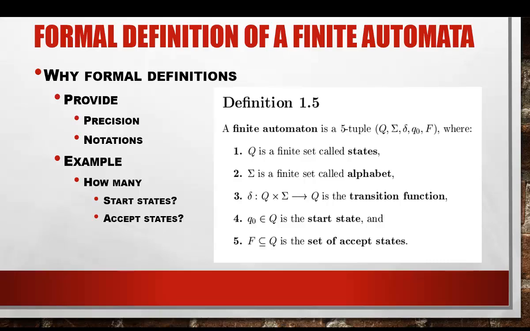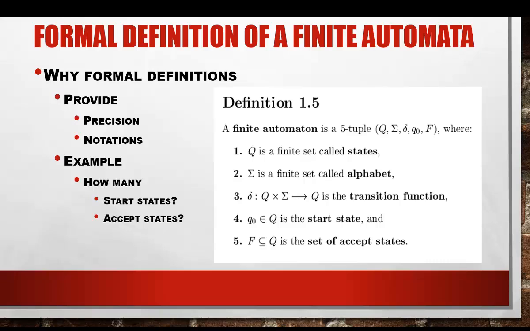So if we count the things that are needed to define a finite automata, we see that we need a finite set of states. We need a finite set of input symbols that we can process. We need a set of rules that dictates the transitions between states upon encountering a symbol from the input. We need to have a state to start in, and we need a set of states that we can tag as accept states. So we need 5 things. In mathematics, when you have a sequence of 5 things, they're called a 5-tuple. Therefore, the formal definition of a finite automata is a 5-tuple